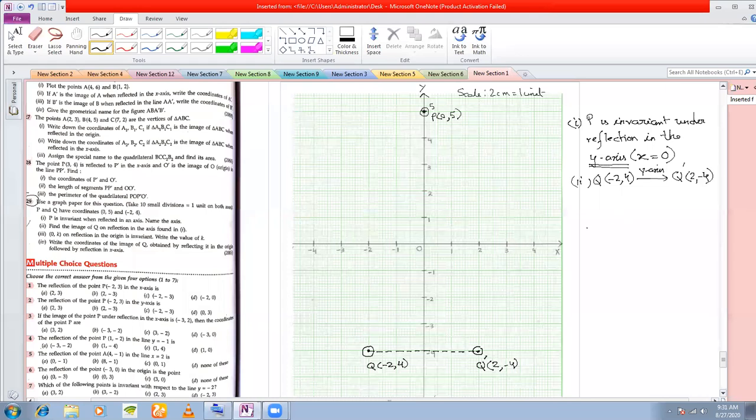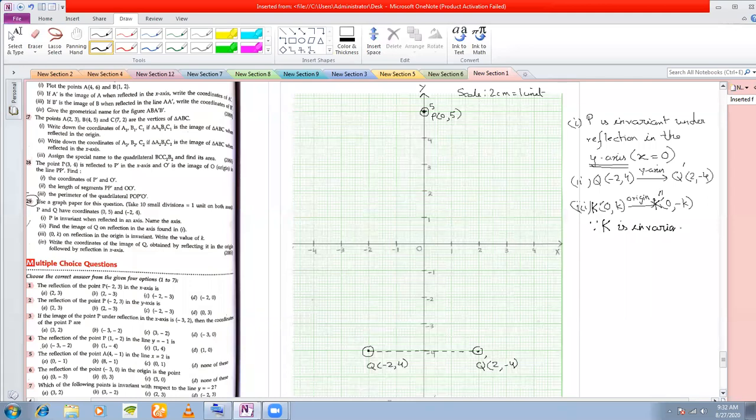Next, (0, k) is invariant on reflection in the origin. Find the value of k. This was just like the last problem that we did. (0, k) under reflection in the origin transforms to the point (0, -k). P is already given, so let us choose some other notation. Let us call this point K, and it goes to K dashed. Since capital K is invariant,